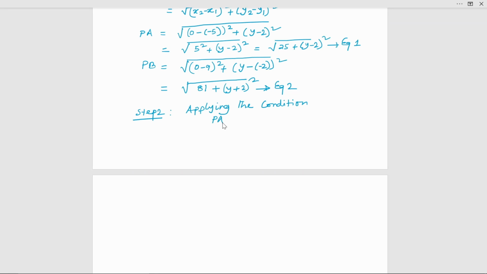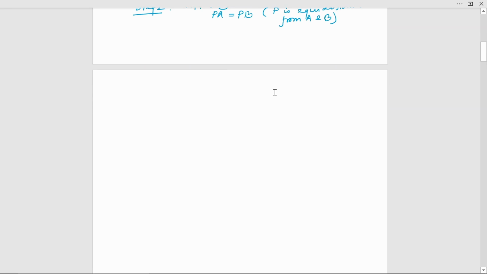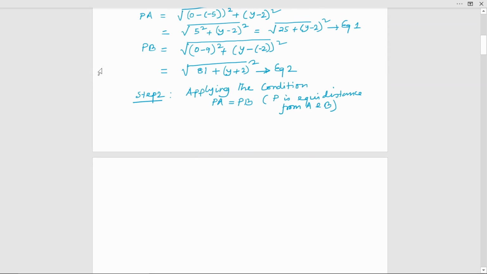By the condition PA is equal to PB, as they are at equal distance. Point P is equidistant from A and B. So from above we can say that these two equations are equal, so we can write